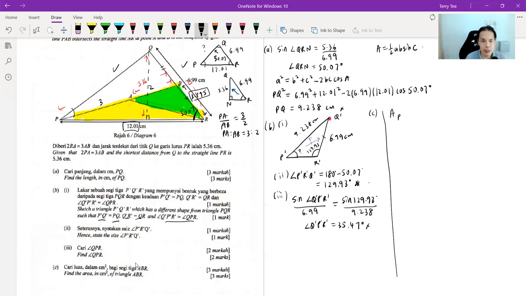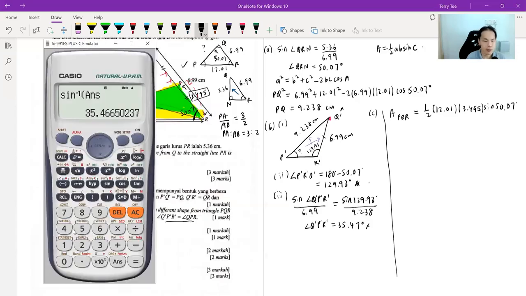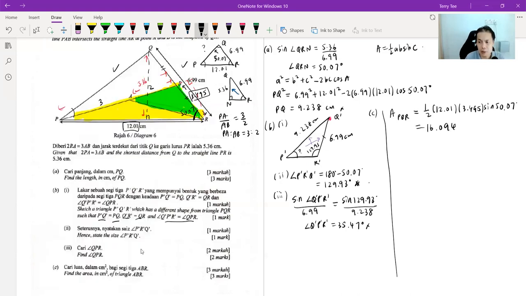So I start by finding PBR. Okay, so I take half your base, your AB sine C will be 12.01, 3.495, sine of your angle 50.07. Okay, so use your calculator. Half times 12.01 times 3.495 times sine 50.07. Okay, guys, my answer is 16.094. Maybe I use one more decimal point, 16.094, because I will need to use this result to find triangle